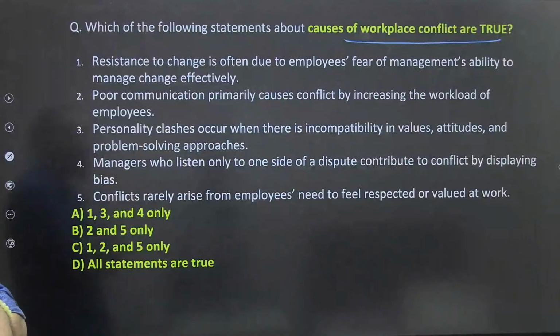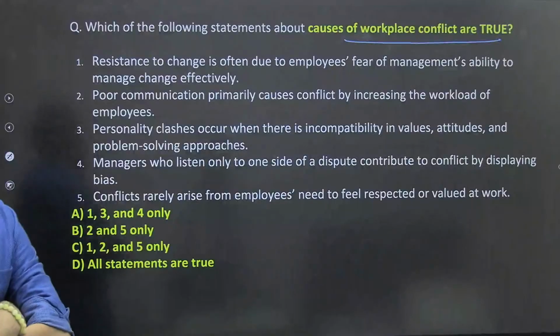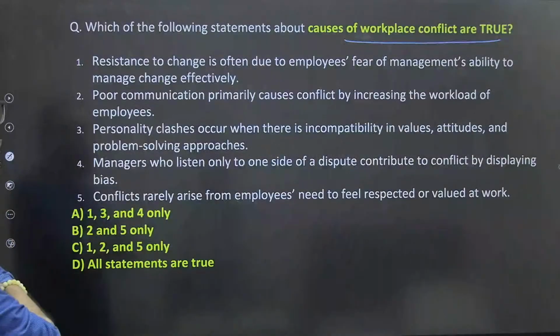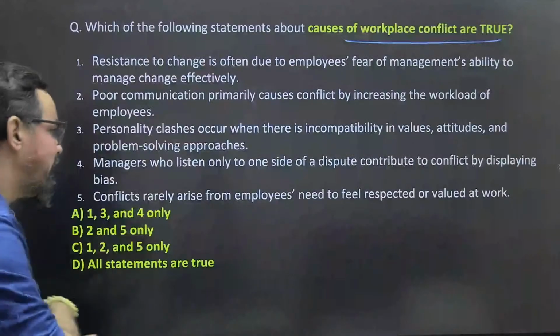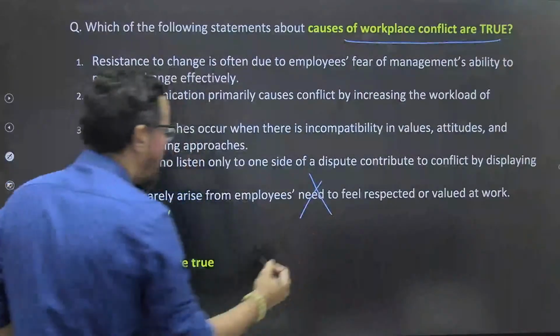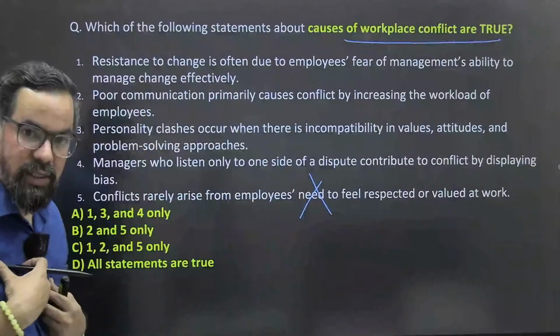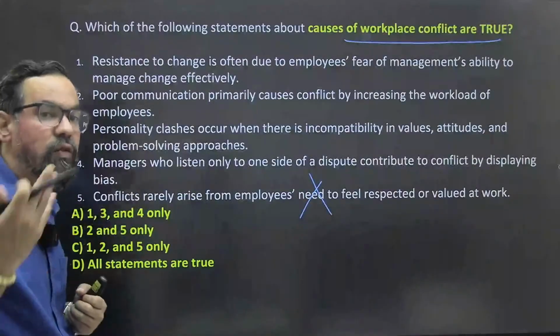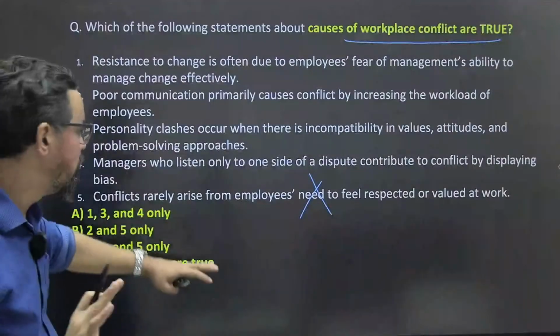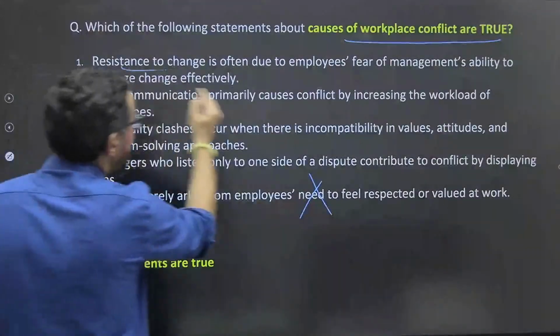Managers who listen to only one side of a dispute contribute to conflict by displaying bias in their decision making. Conflict rarely arises from employees' needs. It starts with needs only. If somebody is not listening to me, or if my need is not being fulfilled, it will start conflict.